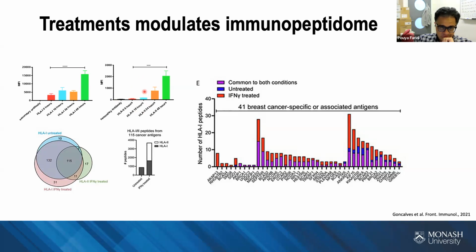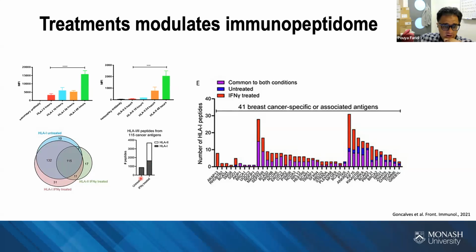Okay, so we see higher expression of HLA, but what does it mean in terms of the peptides presented on the cell surface? What you see here are the source proteins from known cancer-associated antigens or cancer testis antigens. If we look at peptides derived from these antigens in different situations, after interferon gamma there are almost 50 new cancer antigens that we see peptides from presented on the cell surface. So we are expanding neoantigens or cancer antigens after treating with interferon gamma.